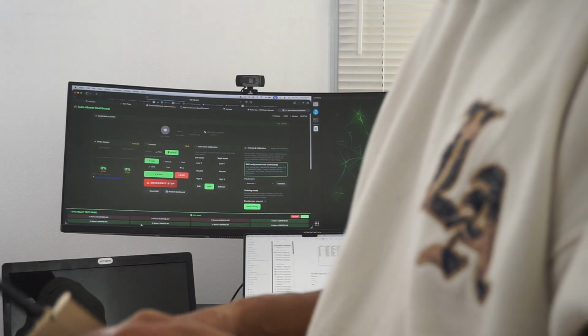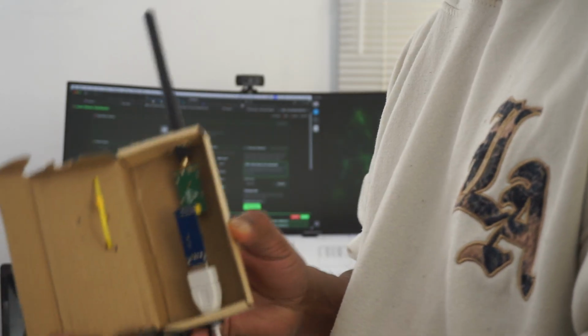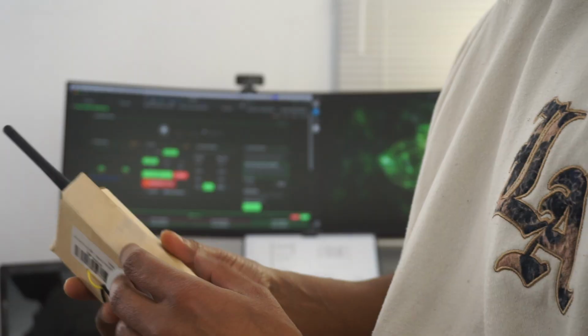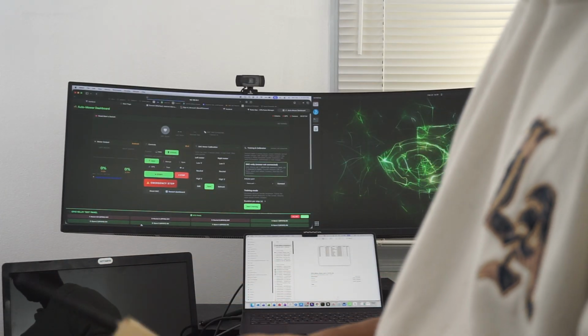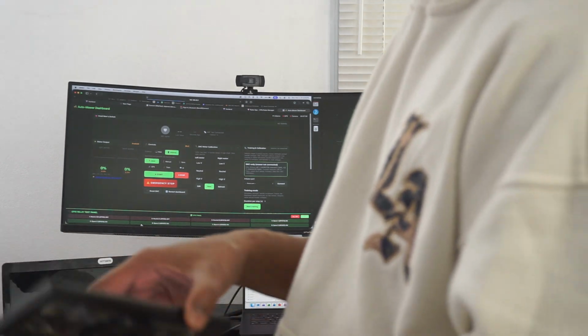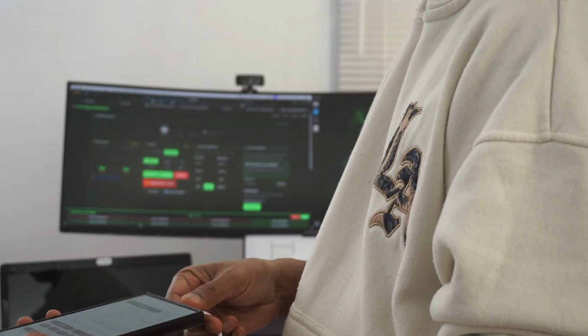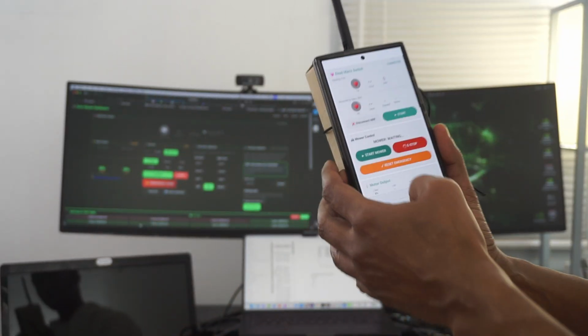This is nothing but a USB based RF transmitter, and the exact same transceiver is set up on my NVIDIA. So when I start this,